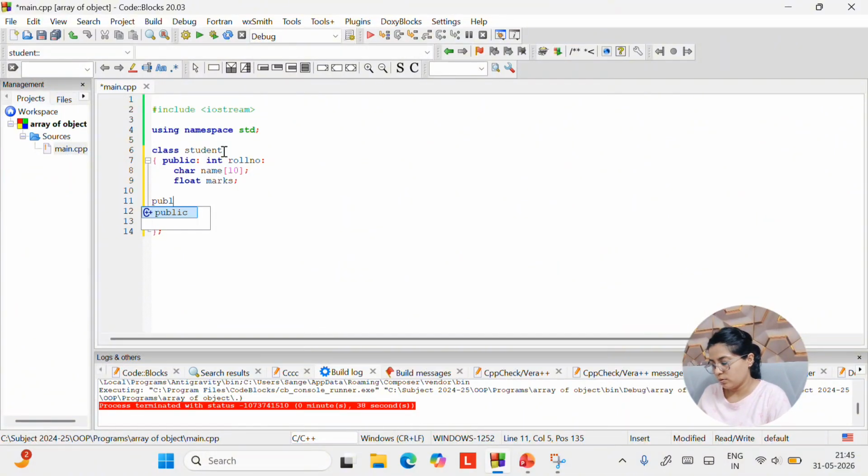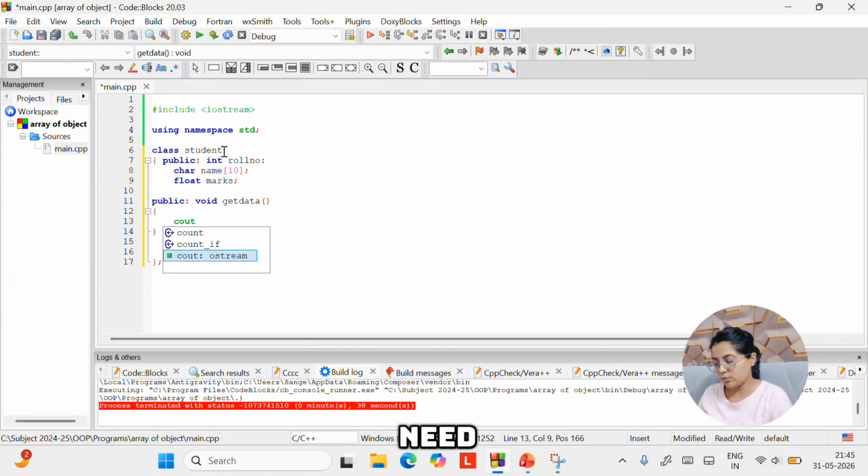Now I will write void get data. So we all know this get data function is for taking user's input. So I need to display the message first. Enter roll number,